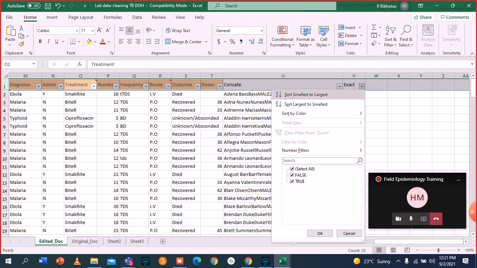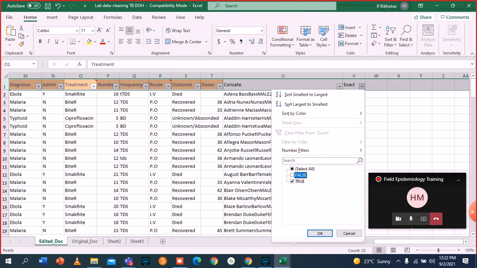Just go to OK. So we wait for the true ones now. Those ones that are false, meaning they're not duplicated. These are the people that the Excel function has identified as